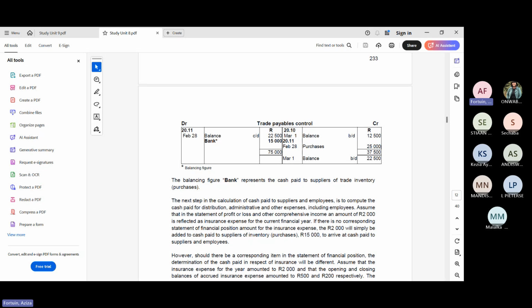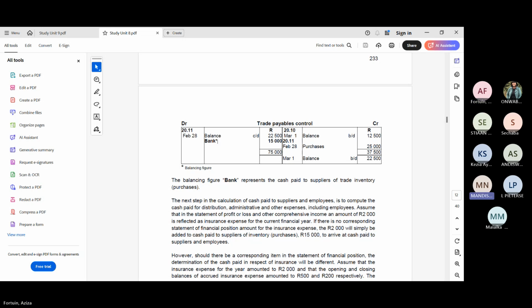If you look at your trade payables account, this is your balance, because a trade payable is a liability account. Liabilities, income and capital are on the credit side. This balance carried down is on the debit side, right? So now your purchases naturally will be on your credit side. So your balancing figure is always going to be the bank. In the example that I gave you now, it wasn't so simple. We had to do many T accounts within this T account because there were accruals for interest and rental, etc. That's why we couldn't do it one time.